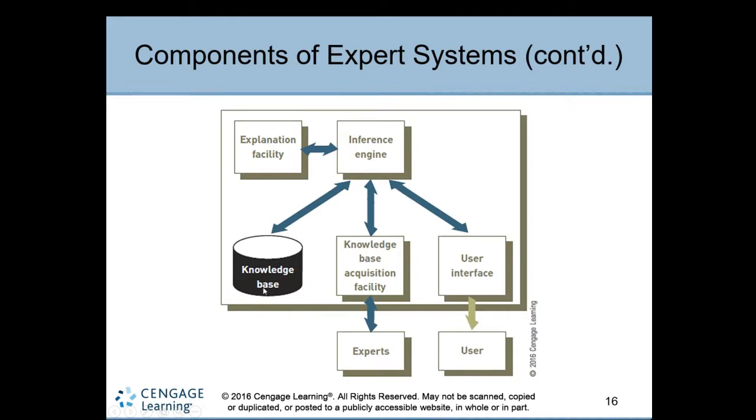So here, mostly for their organization activities, you can say knowledge base. There is one engine called the inference engine. This is one of the common components, which will refer to the data from the explanation facility and mostly from the knowledge base. That is accessed by the experts through the inference engine. All inference from the inference engine goes through knowledge base acquisition, and other users can also access this knowledge base through this. This is called an expert system.